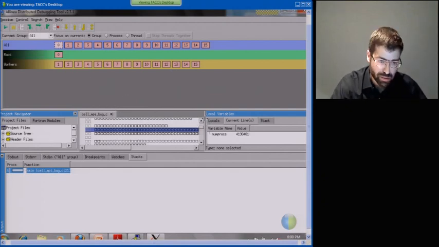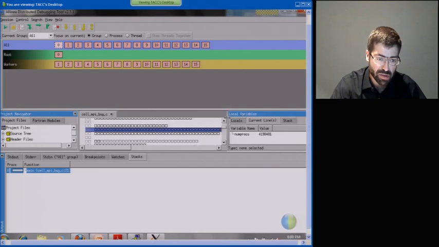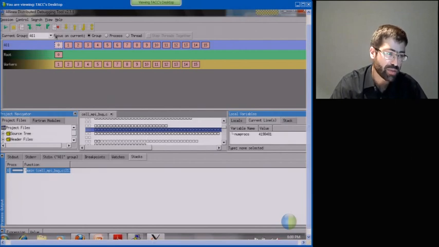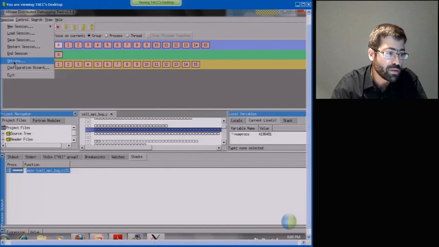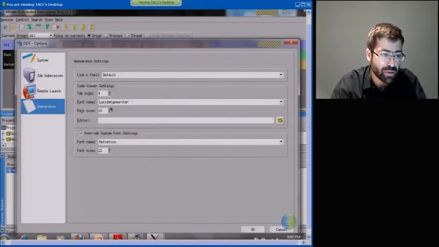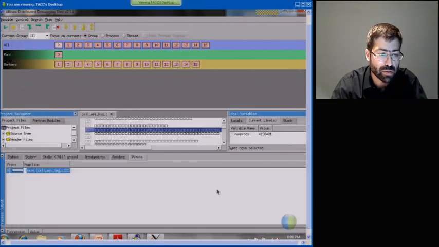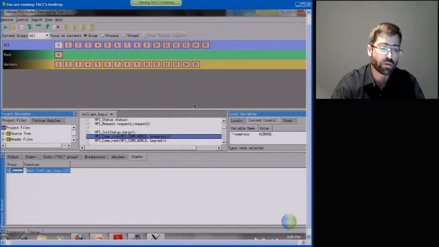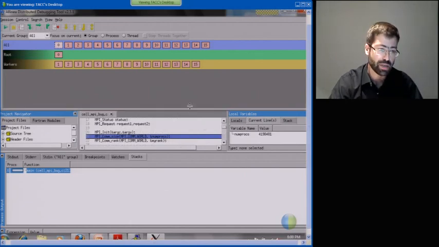One thing is, right now in this system, all the text is made of really nice square boxes, and I can usually get rid of that by changing the font in the options, appearance, font. Let's make it a bit bigger. Let's see if that works. Yes, okay. So hopefully now everyone can see